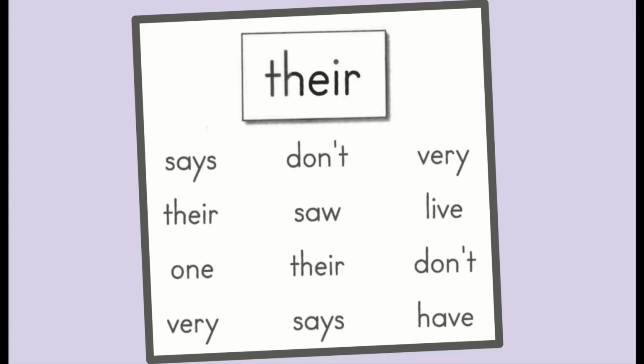Now let's practice with our sight words. We have a new sight word today, the word their. This kind of their means it belongs to more than one person. It was their house. Their, T-H-E-I-R, their. The next word, says,